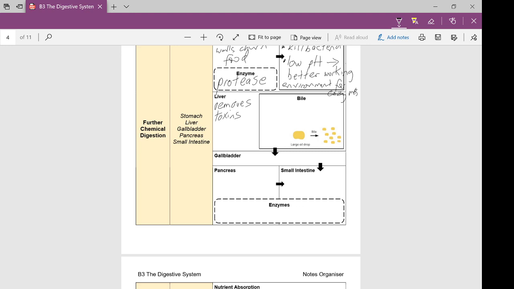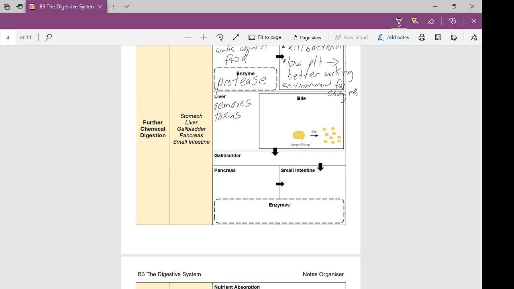For example, alcohol is a toxin in our body, and basically, if you drink alcohol, the liver is the organ that's responsible for breaking that down and removing it from our body. That's why if people abuse alcohol, like they drink it far too often, the main consequence doctors are worried about is liver failure. If people overwork their liver by drinking too much, that would be a huge